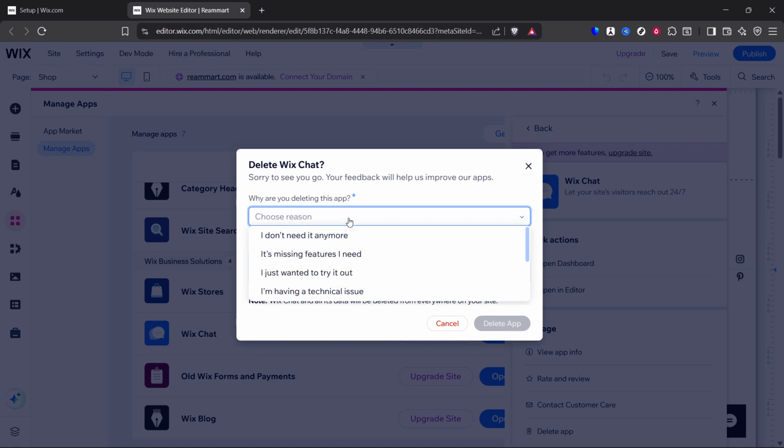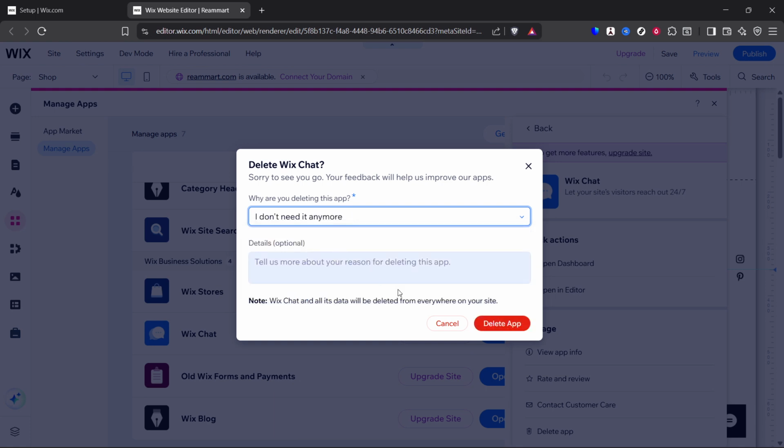You will be prompted to choose from several options that best reflect why you're deleting Wix Chat. Select the reason that suits your situation, whether it's because the chat is no longer needed or you're looking to switch to a different tool. Providing feedback helps Wix improve its services. Once you've selected your reason, confirm the deletion by clicking the final Delete App button. At this point, Wix will process your request, and shortly, you'll see that the Wix Chat has been successfully removed